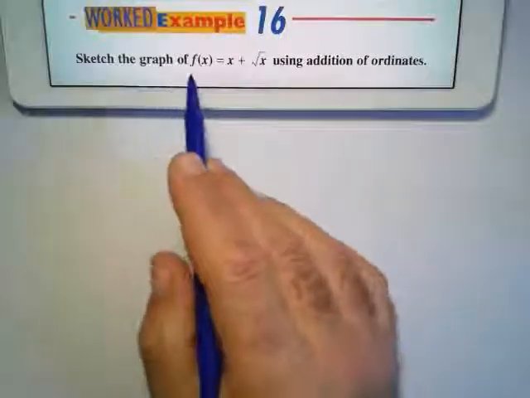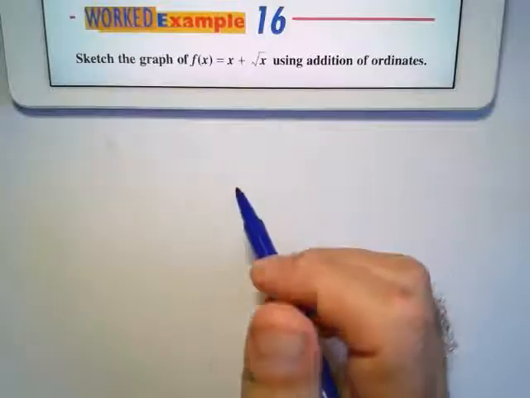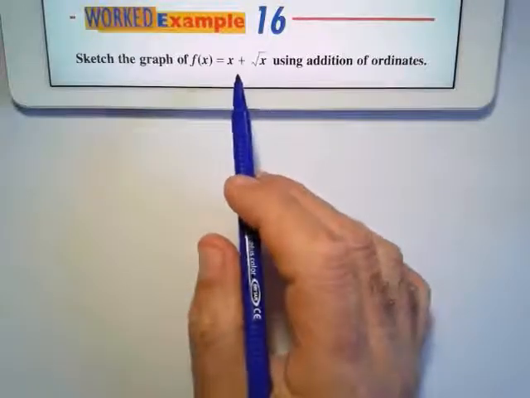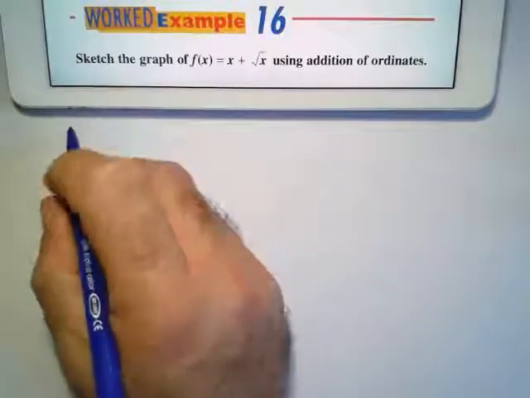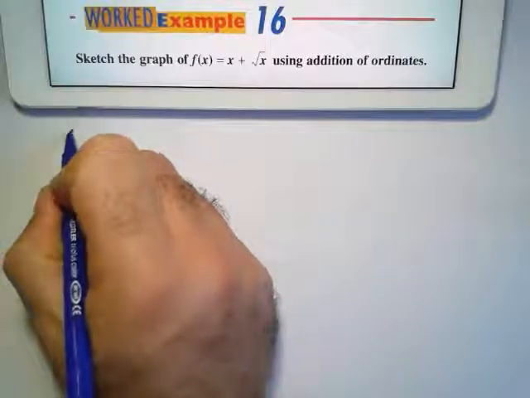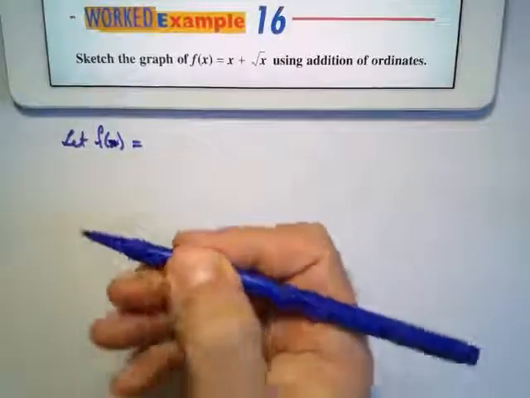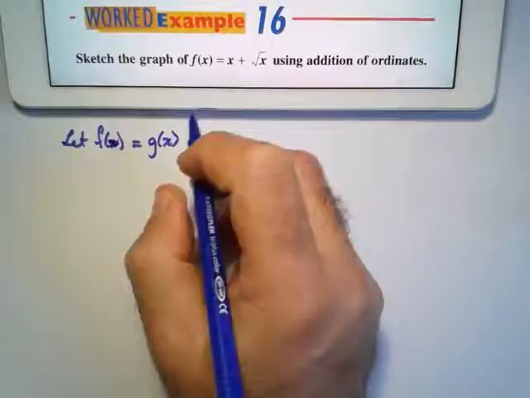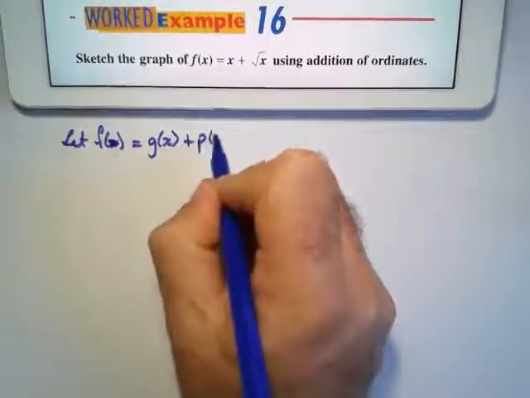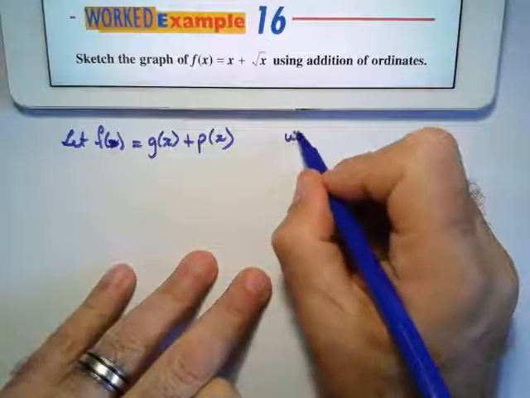Okay, sketch the graph of f(x) equals x plus the square root of x using addition of ordinates. In this case, we have to draw it, so we're first going to have to start off by saying what is the domain where I have to draw this. So I'm going to say let f(x) equal g(x) plus p(x),